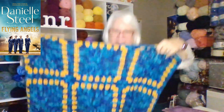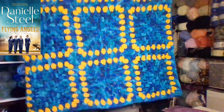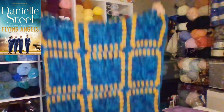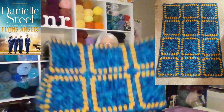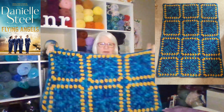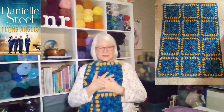And this is my blanket that I finished. So I think it's very pretty. It turned out really nice. It's a little bright. It's a little darker than this, but it does match up with our book really well. I really enjoyed doing this. I find doing a granny square